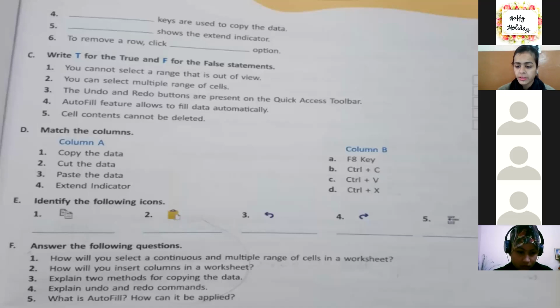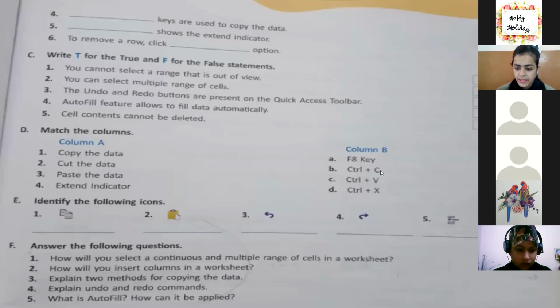Copy the data, Control plus C. Now, next answer from Mitarti. Cut the data. Ma'am, Control plus X. Very good. That is the correct answer. To cut the data, the shortcut keys are Control plus X.